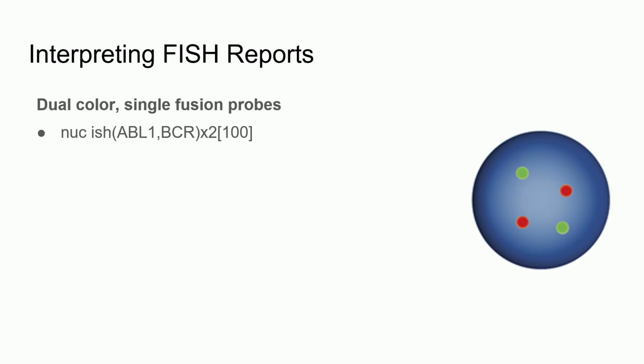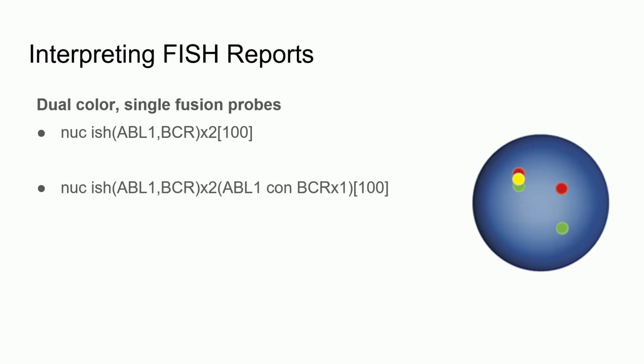In FISH, the relative position of the probes makes a difference, and this information needs to be conveyed as well. If loci on 2 separate chromosomes are tested, the signals are expected to be spatially separated. In this example of 100 interphase cells, 2 signals are seen for ABL1 and 2 signals for BCR probes. If a 9;22 translocation occurs, then one BCR signal comes close to one ABL signal as a result of forming the BCR-ABL1 fusion protein.